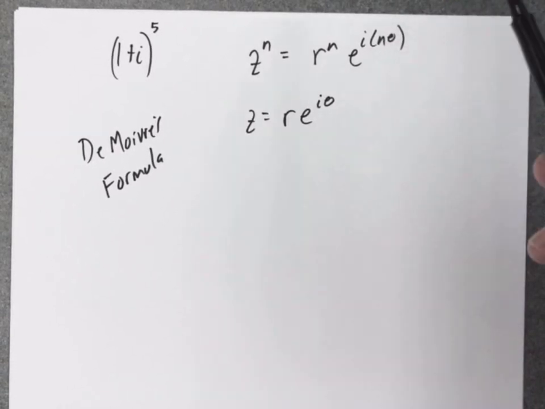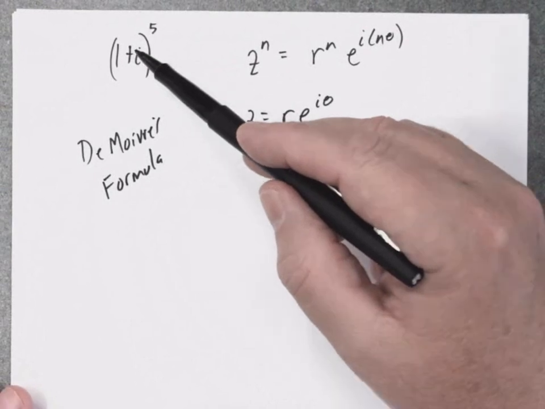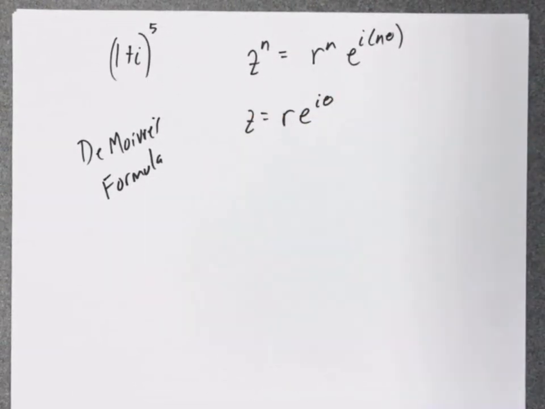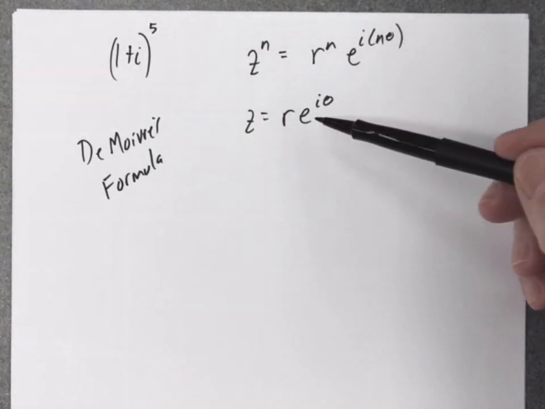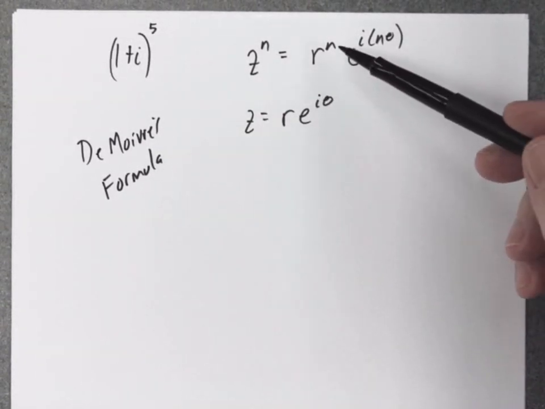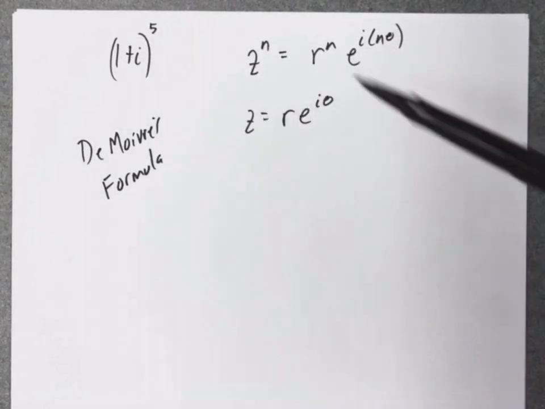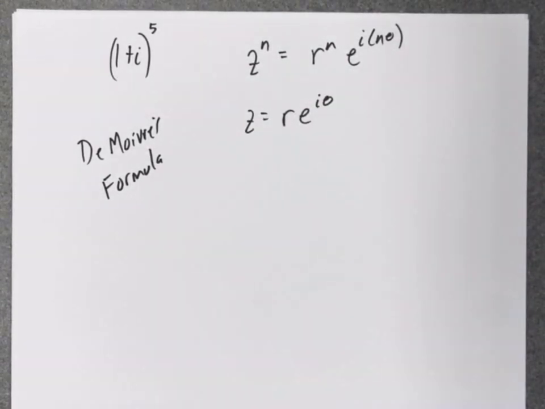So what we're going to do in a minute, we'll do this problem second. This problem was given to us in rectangular coordinates, so the first step is to convert that into exponential form, and then once it's in the exponential form, then we can apply the power, and it's not too bad. But before we do that,